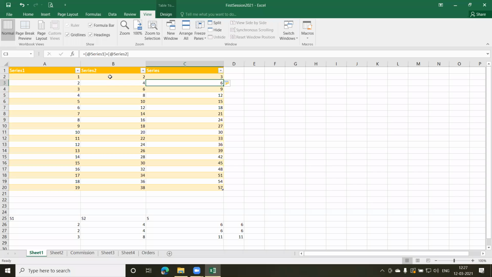The formula gets copied down throughout the rows of the table. That's a big advantage. You need not copy or drag the formula down. There are many advantages related to tables: functions, references, filtering, sorting, and slicers and filters can be used. So let us go and see that.